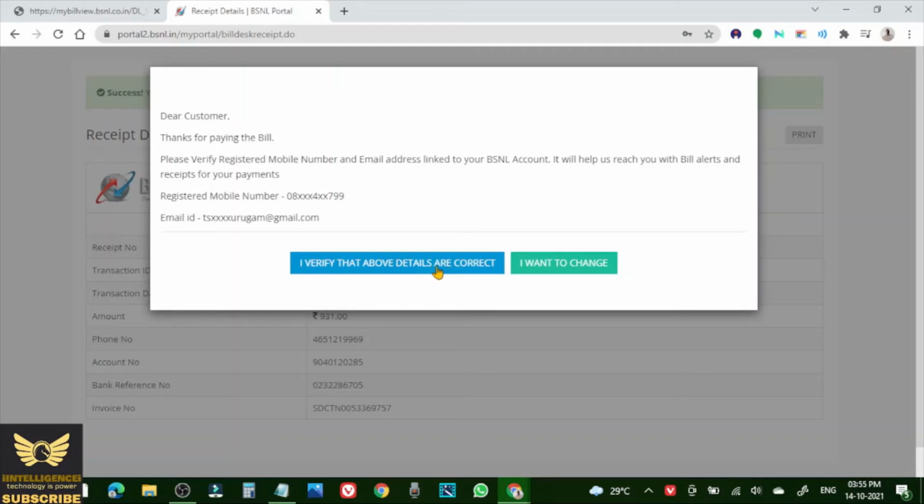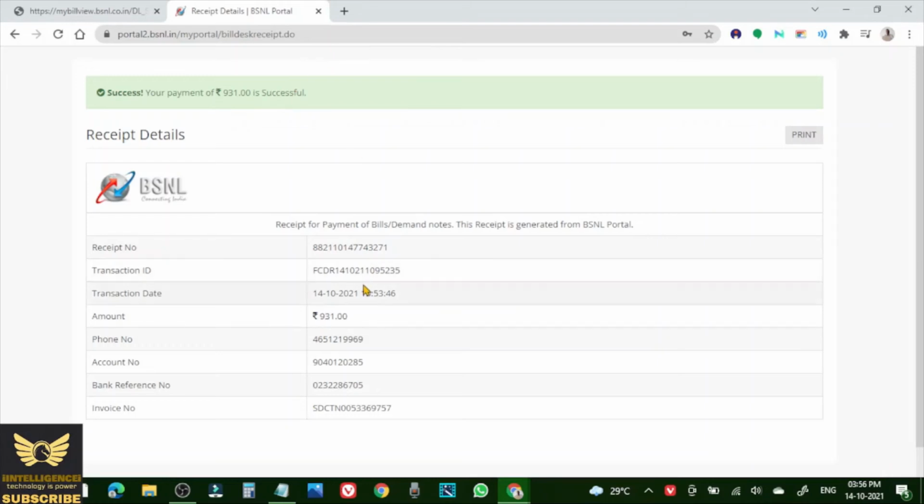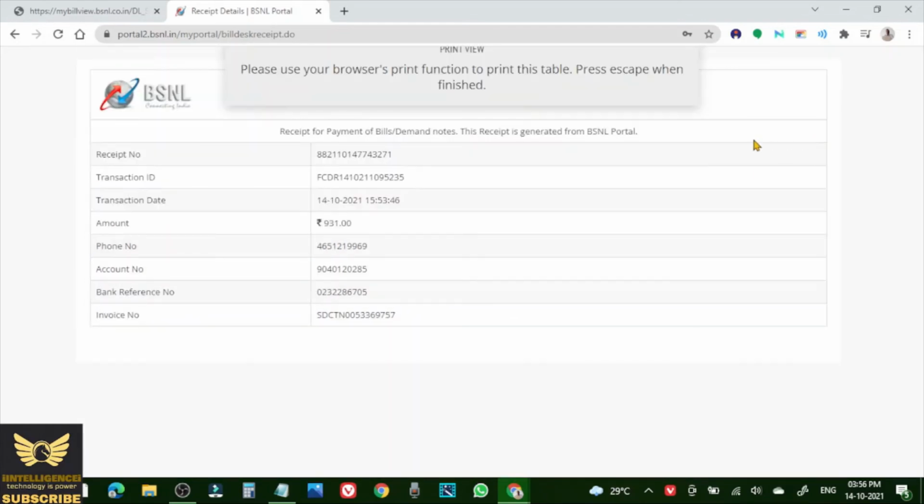So click this. Okay, success. Payment of rupees 931 for BSNL bill has been successful. Now if you want, you can take a copy and save it.